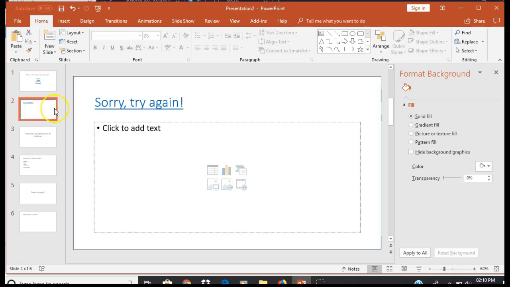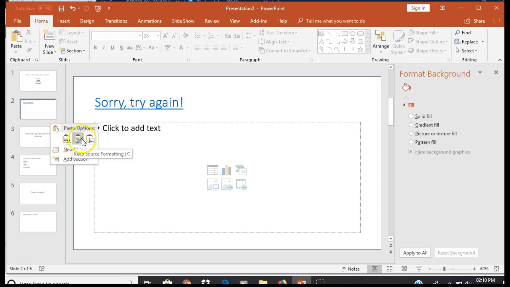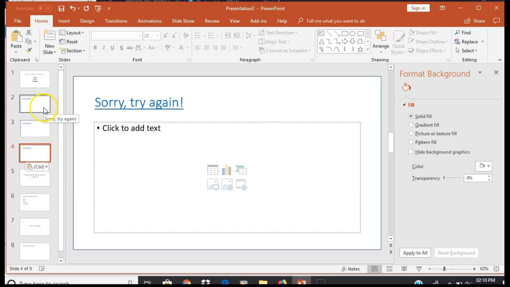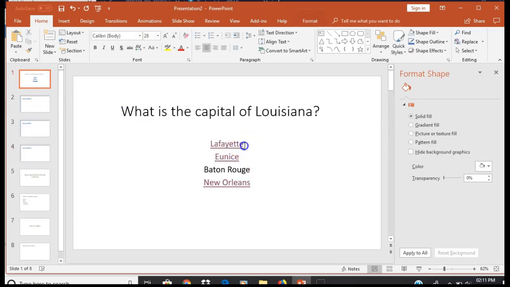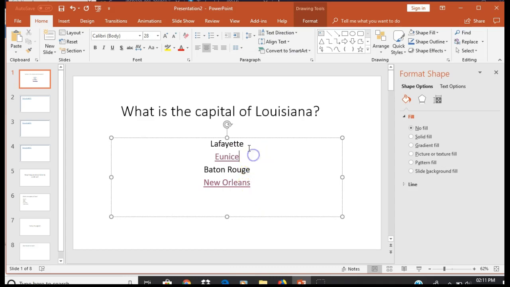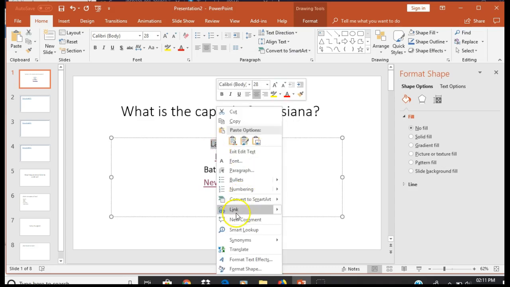Way number one, you take the "sorry, try again," right click, copy it, and paste it 2 times. You paste it like this, and you right click on it and you paste it again. So we have 3 wrong choices. If we go back here and we redo our thing, we go to edit hyperlink, or remove hyperlink, and let's link it to the